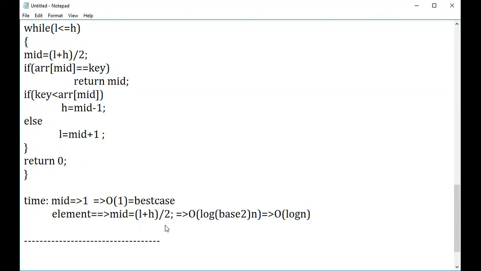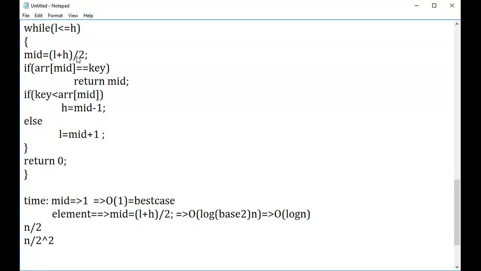The calculation can be done as follows. The first time, the value is divided by 2 times. Again, the value divided by 2 square times. Let the value be n. First, n divided by 2 times. Second time, n divided by 2 power 2 times.